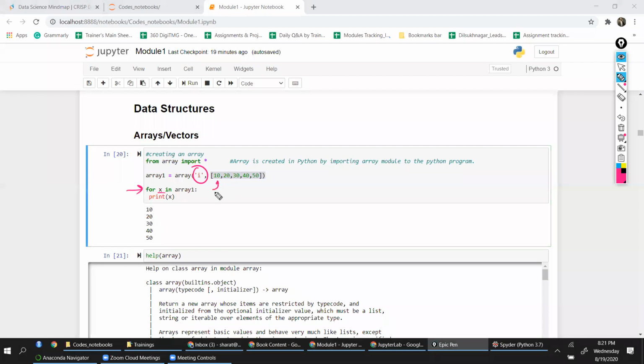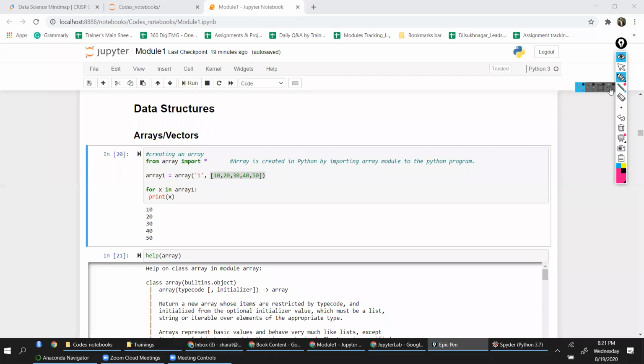For this array1, x is 10 now, print 10. Then go to the next value, sequential arrangement. So next go to 20, print it, 30, print it, 40, print it, 50, print it, and after that you don't have any, so you'll stop there.